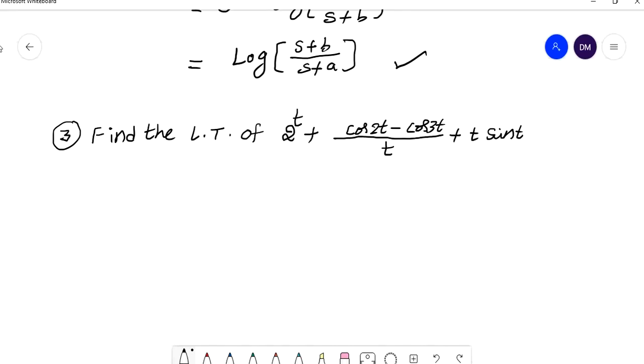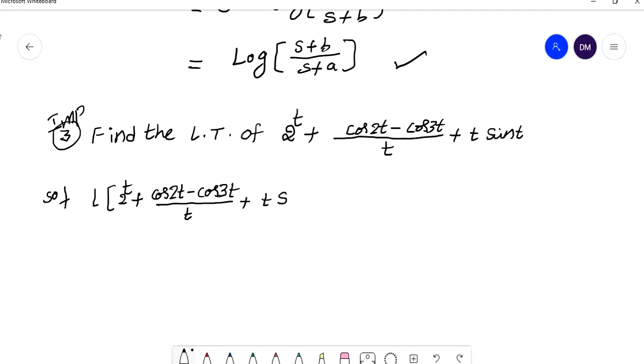This is an important problem from the examination point of view, very important. What do we want in this problem? We have to find the Laplace transform of 2 power t plus (cos 2t minus cos 3t) by t plus t into sin t. So we can write this as